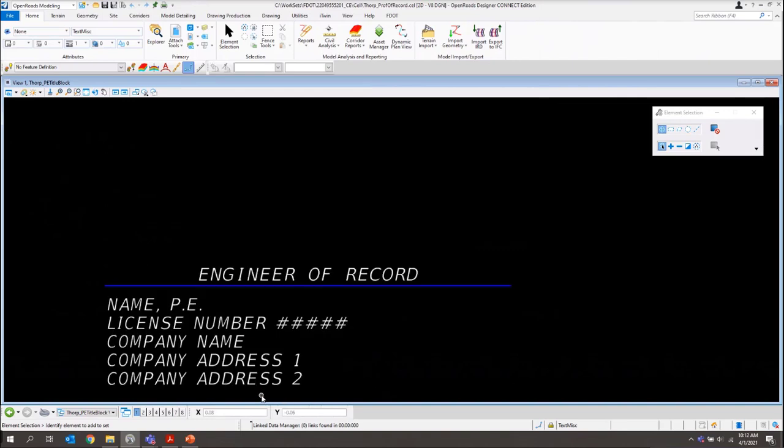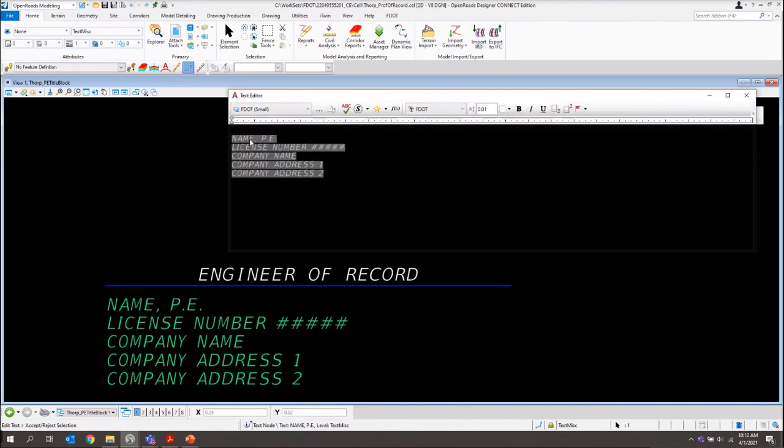What I want to do is zoom into the text down here. Because of how we've set up the tool we've created to place these, all I want to do is simply change the text information from the template provided to our specific information. No formatting changes or anything like that.